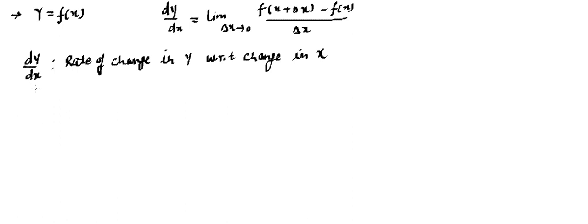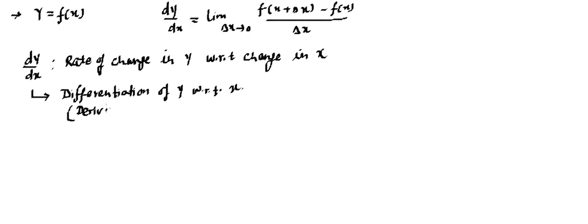And we call it the differentiation of y with respect to x. So this is also read as differentiation of y with respect to x. And this is also called the derivative of y with respect to x. So sometimes we can call it a derivative. Now this y and x can be any letters, and the language will remain the same. That means differentiation of the upper letter with respect to the lower letter, right?